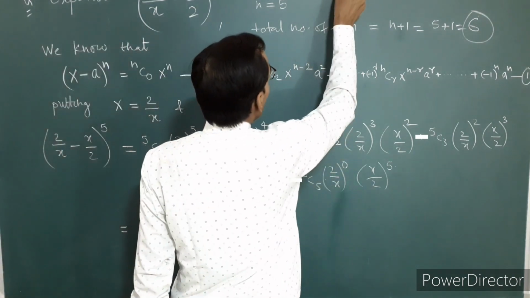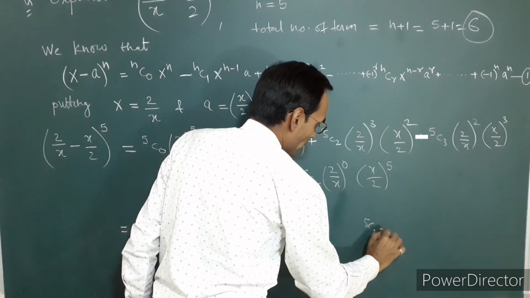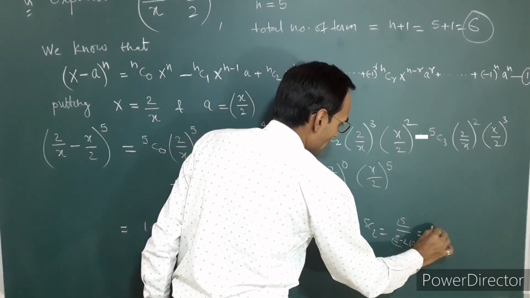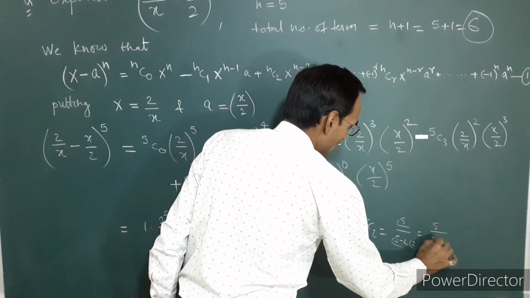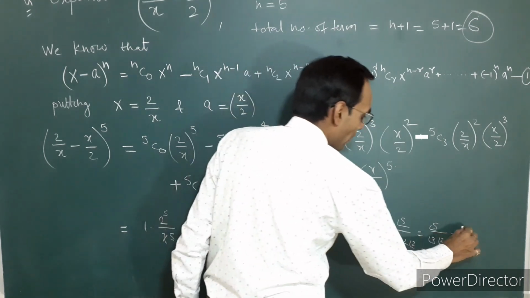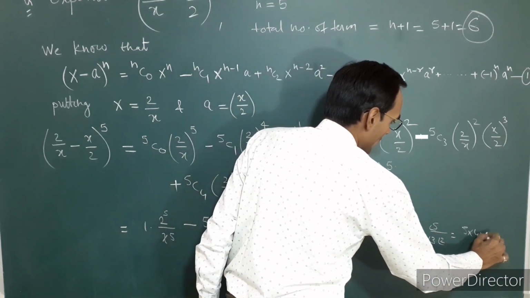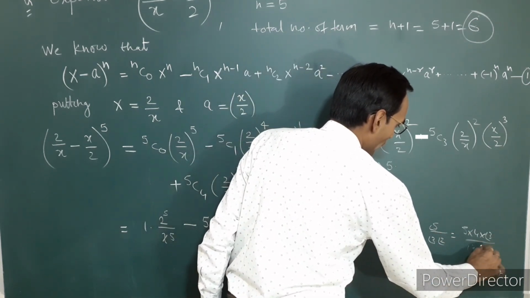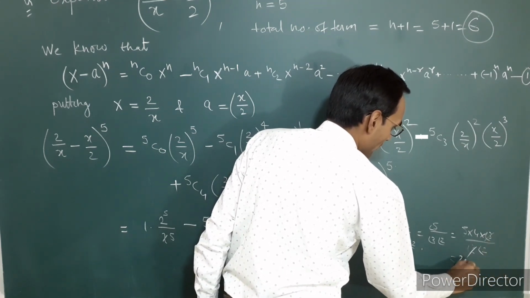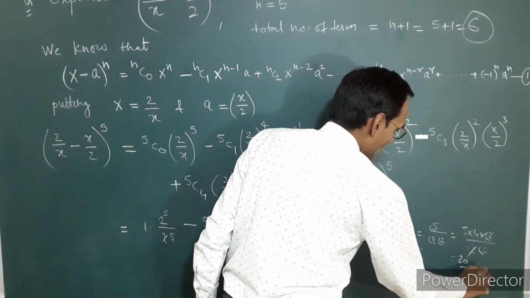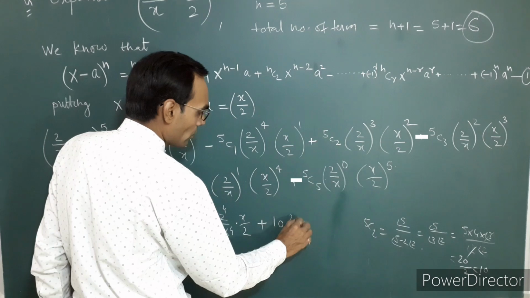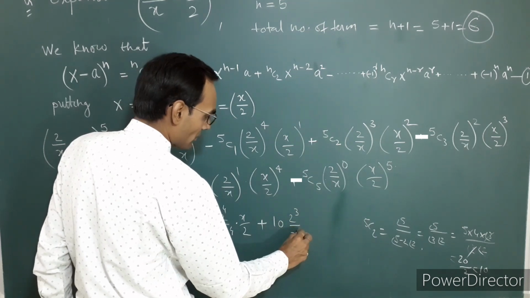We will find the value of 5C2 here. 5C2 is factorial 5 upon (5 minus 2) factorial into factorial 2. So it becomes factorial 5 upon factorial 3 into factorial 2. Break factorial 5 into 5 into 4 into factorial 3 upon factorial 3 and factorial 2. It is cancelled. 5 into 4 is 20 and factorial 2 is 2. So it is 10. So the value of 5C2 is 10,